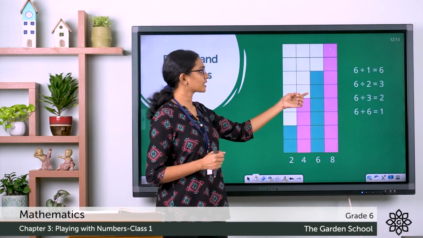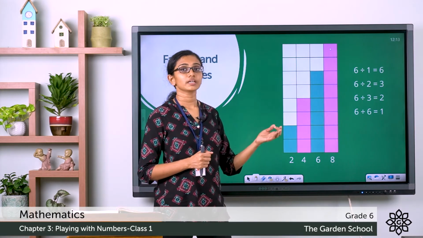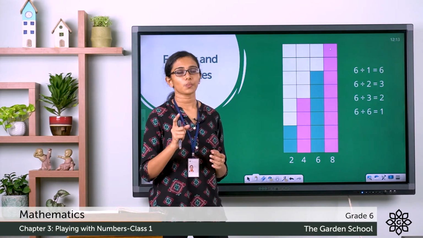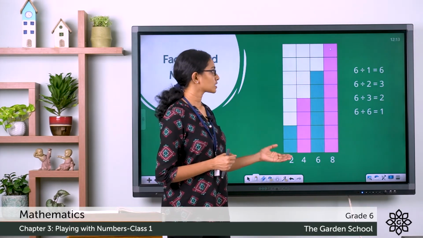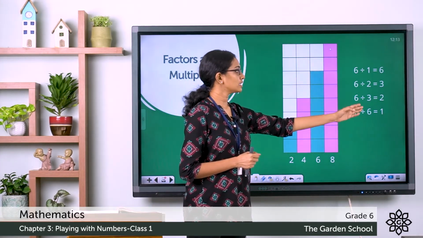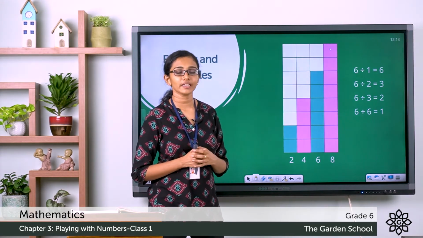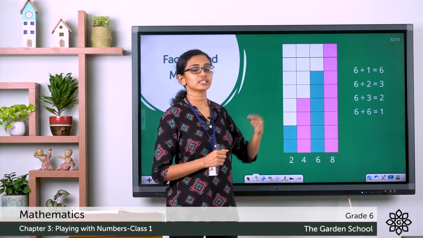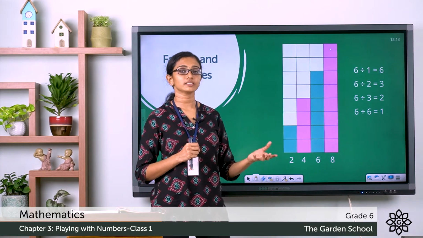Or I can cut away the individual cells of the strip. That would be 6 divided by 1. I will have 6 strips of 1 centimeter side. So these numbers 1, 2, 3 and 6 can divide 6 completely without leaving any remainder. So you can say 1, 2, 3 and 6 are the factors of 6 because you can divide 6 using